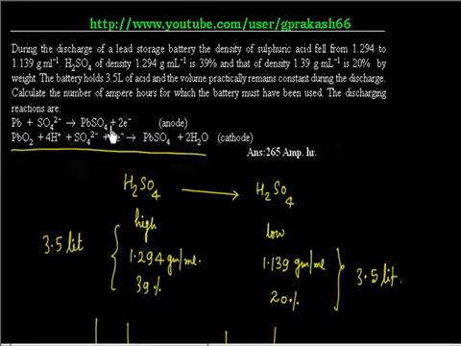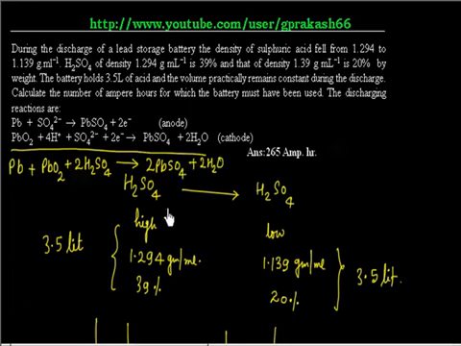If I add these two reactions, the electrons go out, 2 electrons here and 2 electrons here, so they cancel. So you will have Pb plus PbO2 and 4H plus and 2SO4 2 minus, so this is 2H2SO4, and this will give you 2 PbSO4 plus 2H2O. I think I have written the correct thing. So this is the correct equation.